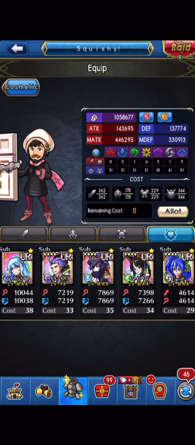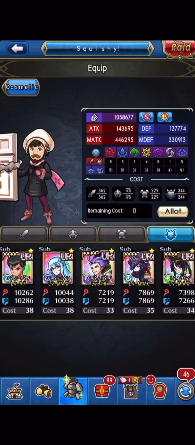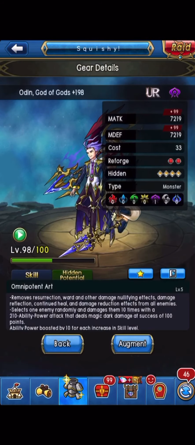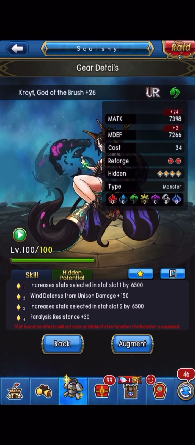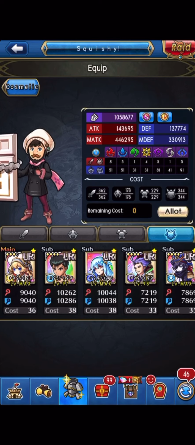If you want to, you can throw Teach to block Zeus out. You still need to be resistant to being paralyzed, so make sure you have passives like Odin that gives you that 30% passive. Krite gives you 30% passive. Some other monsters give you 30% passives. I forget which ones, but